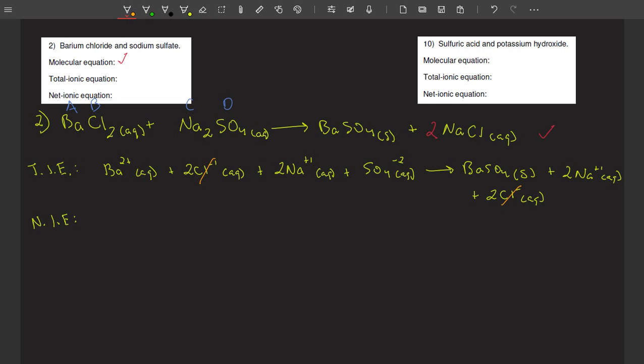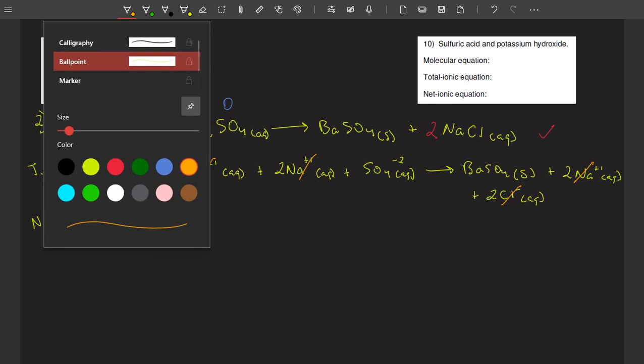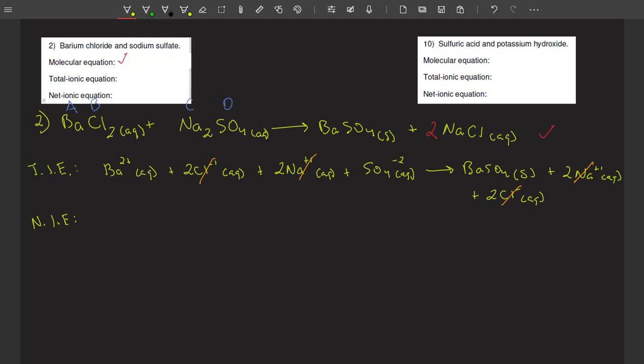There are 2 sodiums, 2 sodiums. We can cancel those out. Okay, so what we're left with is 1 barium, 1 sulfate to produce barium sulfate. Good. So our last part, after we've done total ionic, we're about to do net ionic, is then barium plus, all we're doing is rewriting this, sulfate,